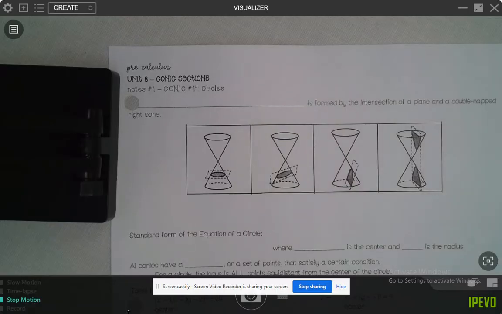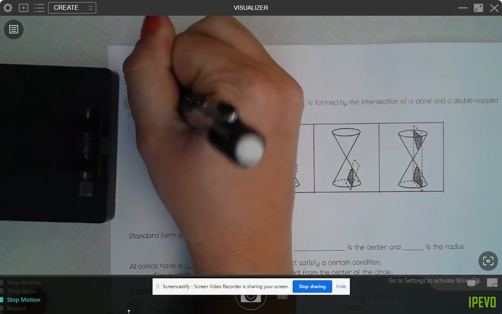All right, conics. Here we go. There's 4 conics that we talk about: circles, ellipses, hyperbolas, and parabolas. The order for which we do these is the order that I have them written down here. So this is a conic